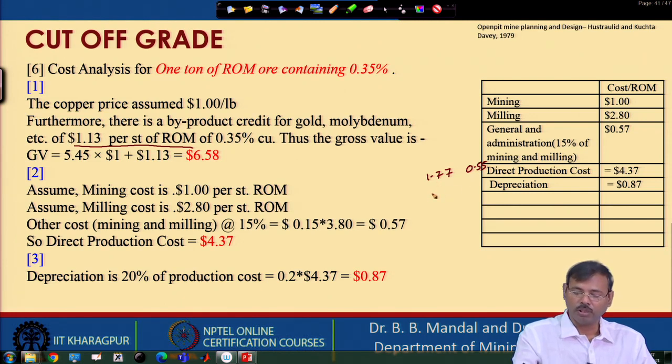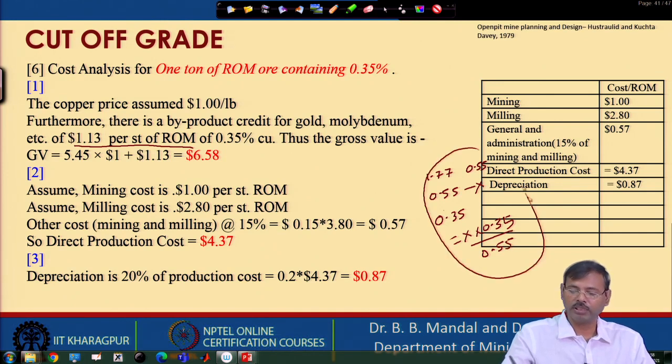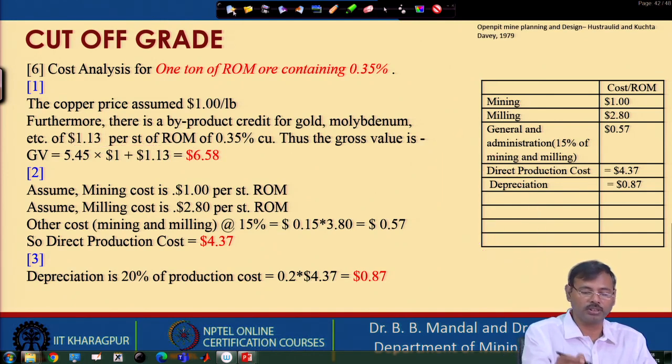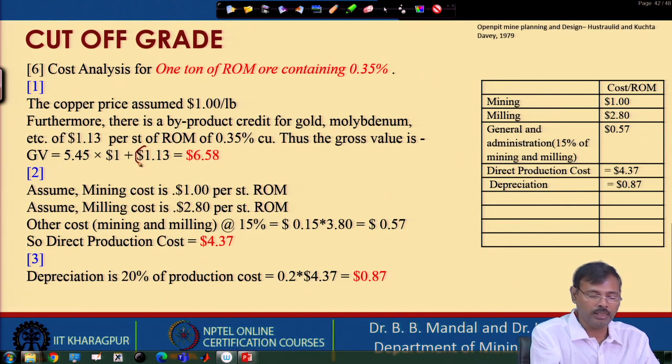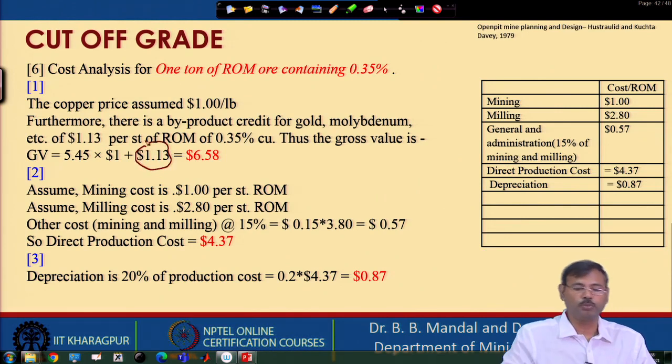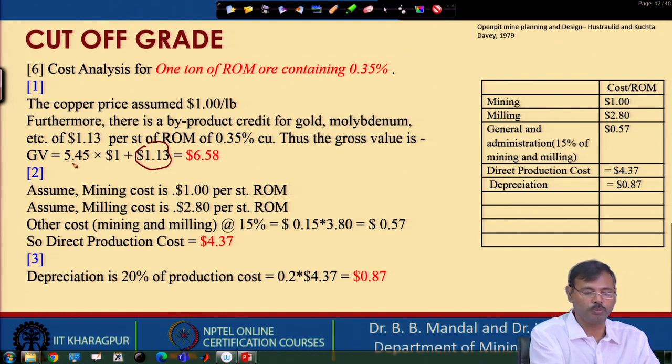Now, in 0.35 our return is x into 0.35 divided by 0.55. So, in this proportionate manner the byproduct return is considered, and here it is considered as $1.13, and this 5.45